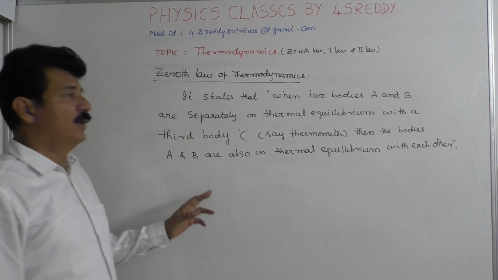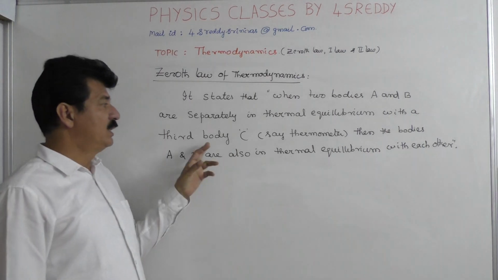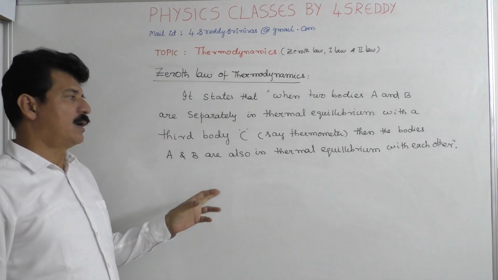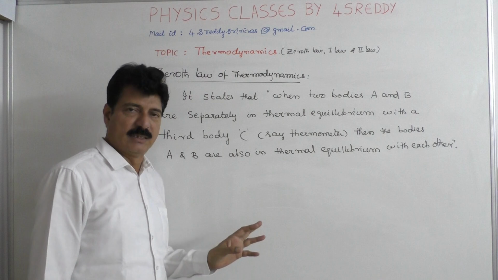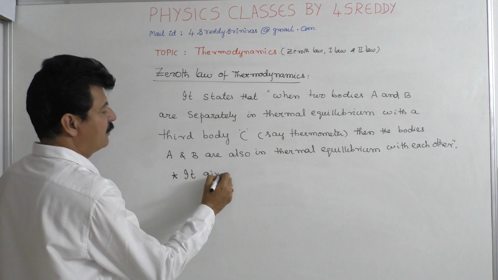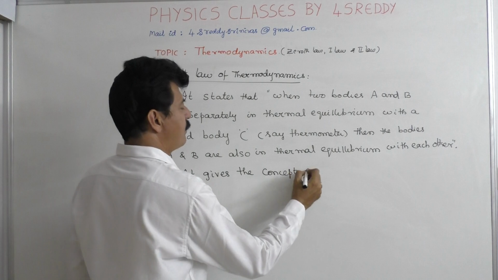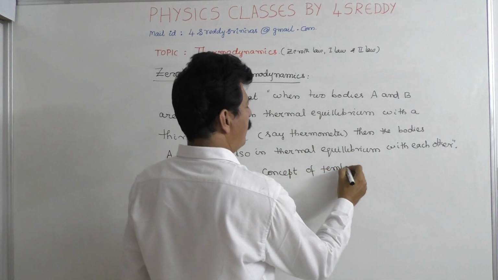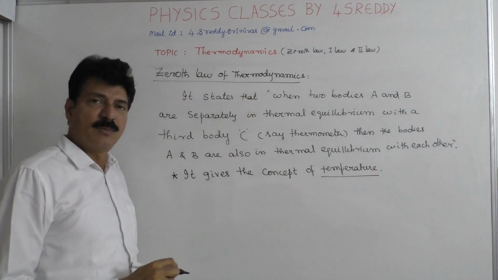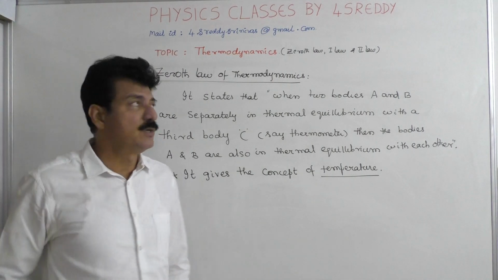This is the thing. When two bodies A and B are separately in thermal equilibrium with a third body C, say thermometer, then the bodies A and B are also in thermal equilibrium with each other. And generally the 0th law of thermodynamics gives the concept of temperature. Next one is